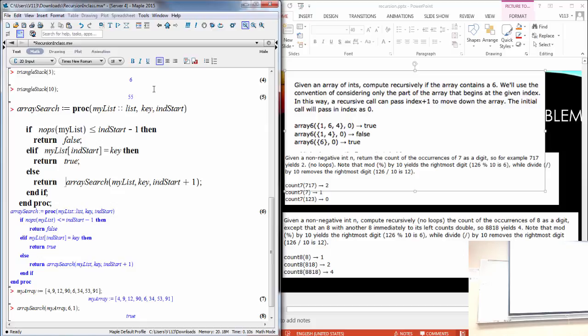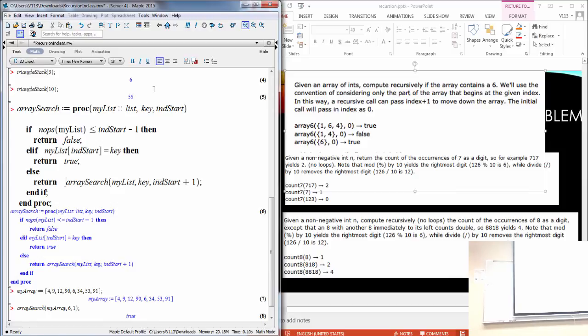Okay, so n mod 10, plus n divided by 10 equals 7. Count equals 1. And remember, it doesn't remember count from recursive call to recursive call. Count will always be new.